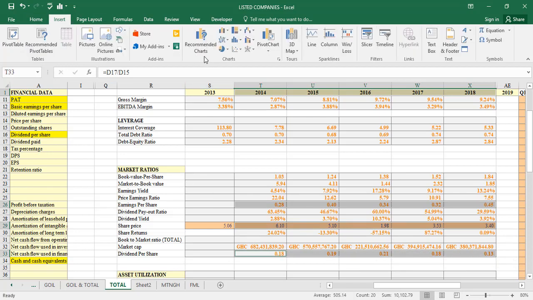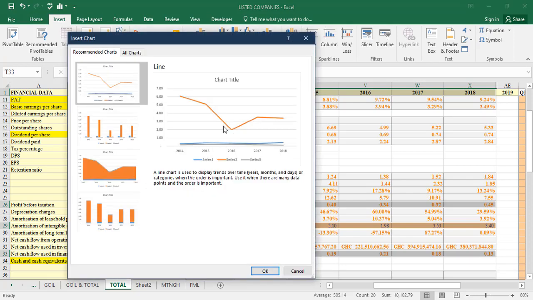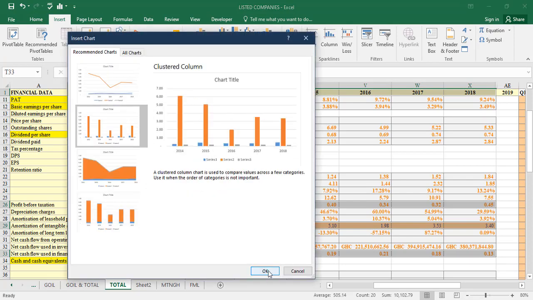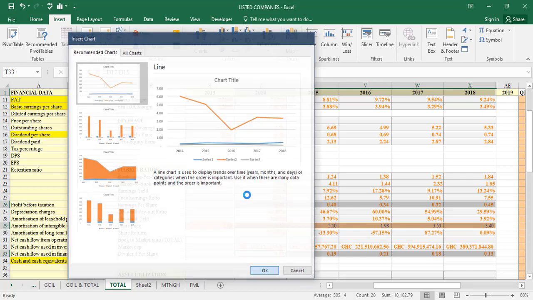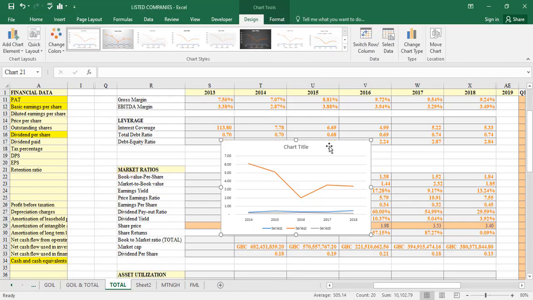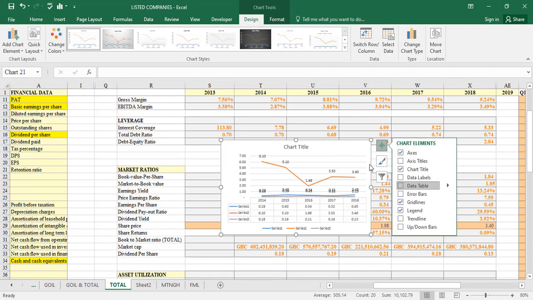So let's insert our chart. Okay, so let's go for this and see how it's going to look. So we insert our data,